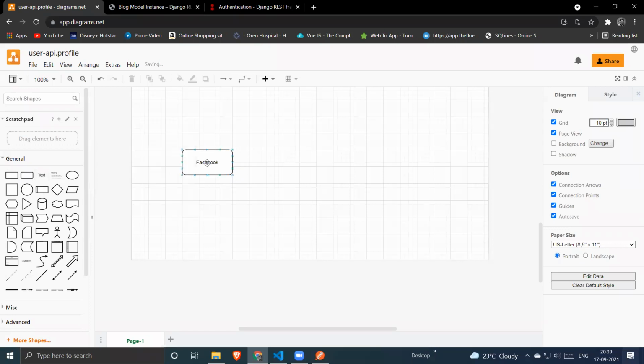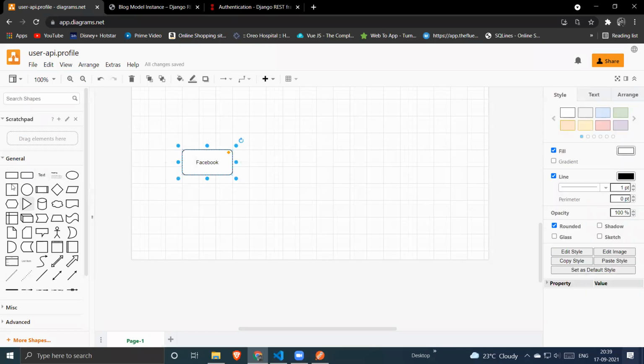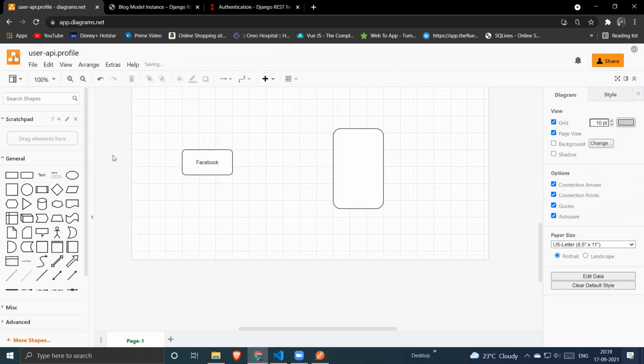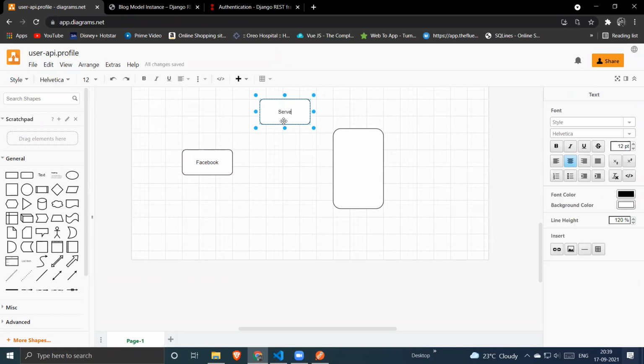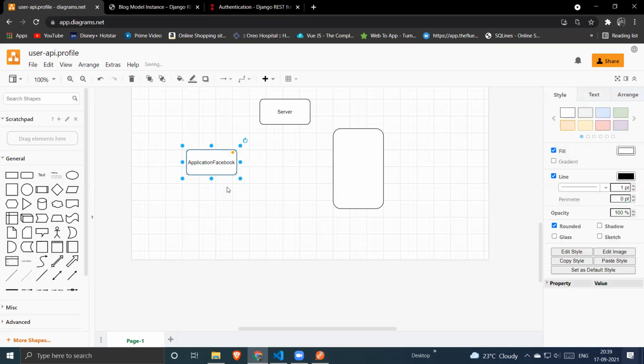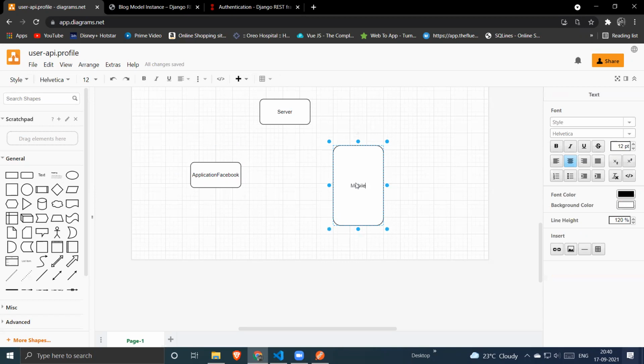So let's consider you have a Facebook application in your mobile phone, and consider this your mobile phone. So this is a server, this is your application. Whenever you are trying to visit your own profile from your mobile phone, you are trying to make a request.